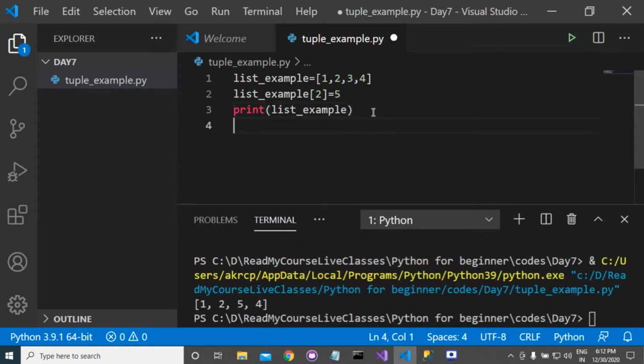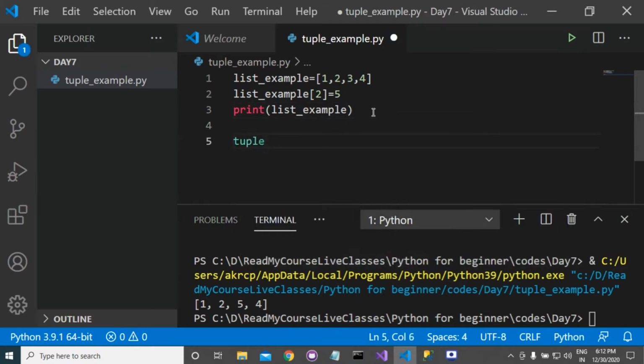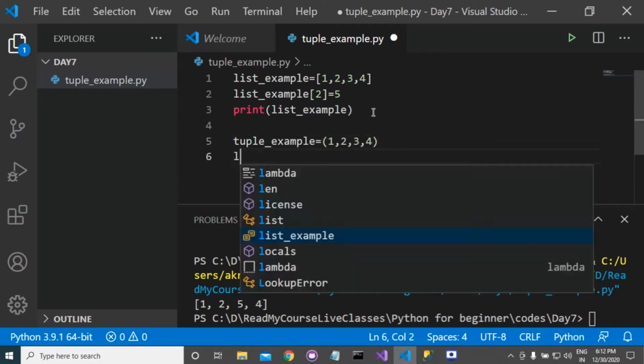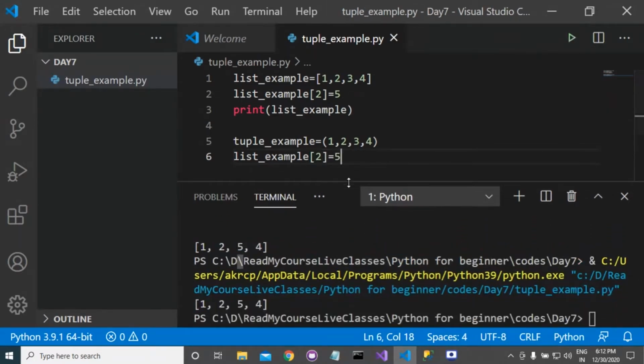But suppose I am creating a tuple. If you write like this, tuple_example[2] is equal to 5, it will give you an error.